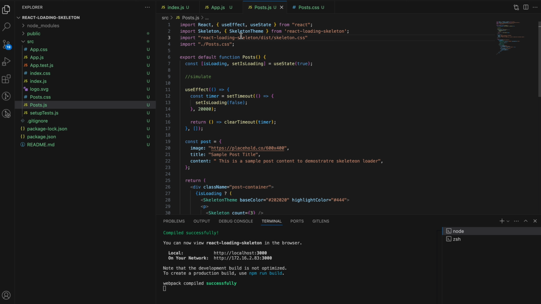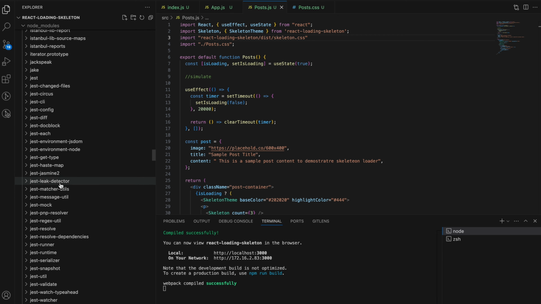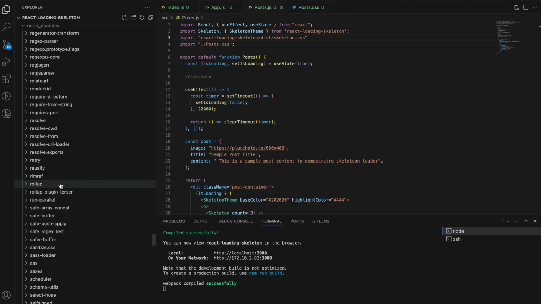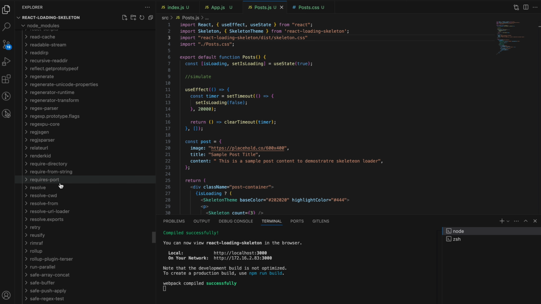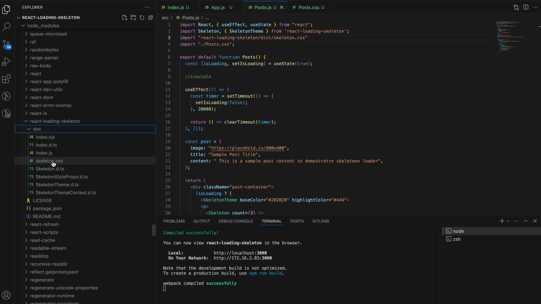Wherever you're using skeleton, you need to import this CSS as well, which is available in your node modules. I'll quickly show you. Over here, react-loading-skeleton, and dist, and this is the CSS which is very important to load to have your